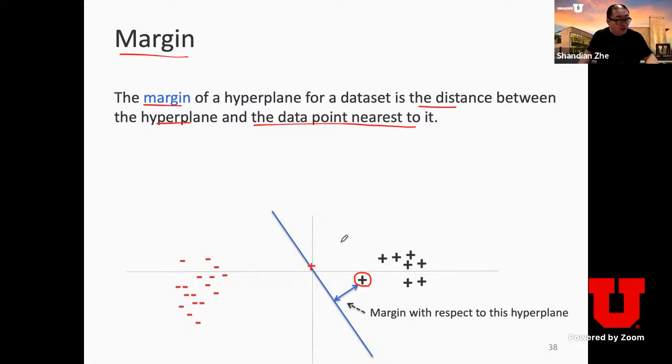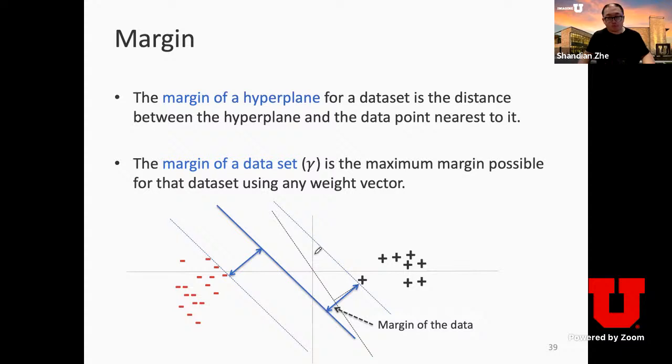G-Rod. Thanks. Yeah, it's 0, right? Because it's just the distance between the data point nearest to it. If the point stays right on the margin, the nearest distance is 0, right? Distance is always non-negative, right? Okay, so